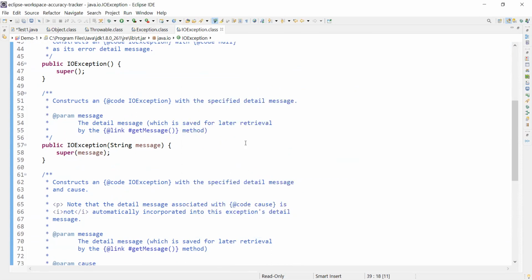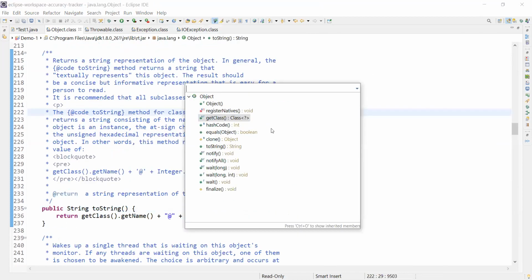So basically, to reuse code that we have already written earlier, we are going to use the concept of inheritance. We will not use all the methods, but yes, we'll be using some of the methods, or I can say most of the methods we will be using. From the Object class, we'll be using hashCode, equals, clone, toString, notifyAll, wait, finalize.